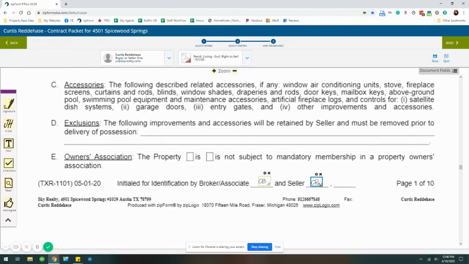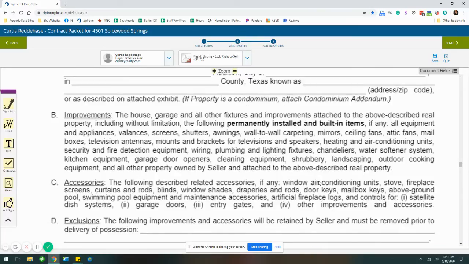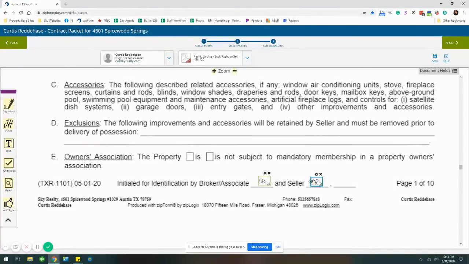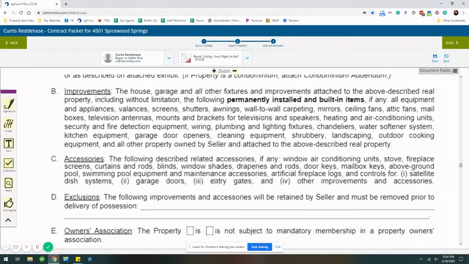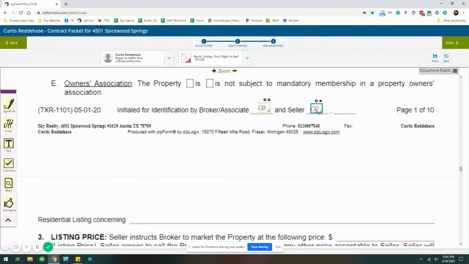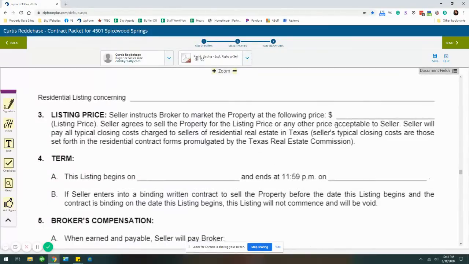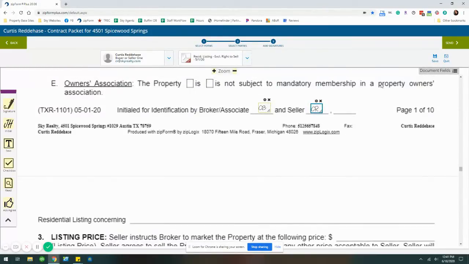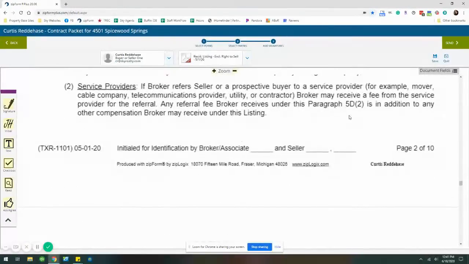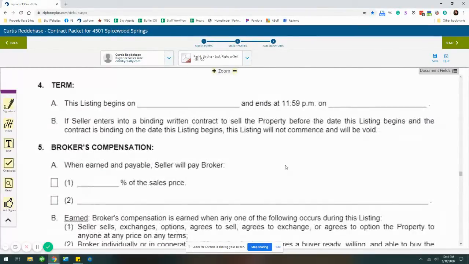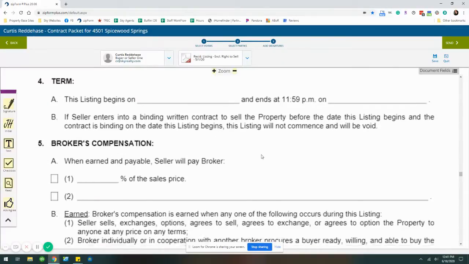I also prefer to do text boxes for the initials or signatures that come next. The reason being is this initial will not be accepted until all the text boxes are filled in. So if they get to right here and they click to do the initial, it's not going to let them if there's a text box on this page that coincides with this initial. So I would move on to the next initial and then do all the text boxes on this page. Or check boxes, they all have to be